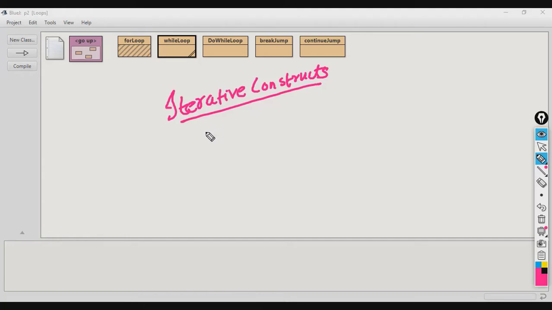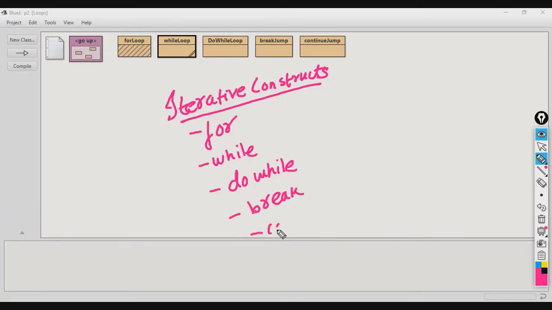And to do that in Java we have for loop, while loop, do while loop, and then we have two different kinds of jump statements. One is break and the other one is continue.